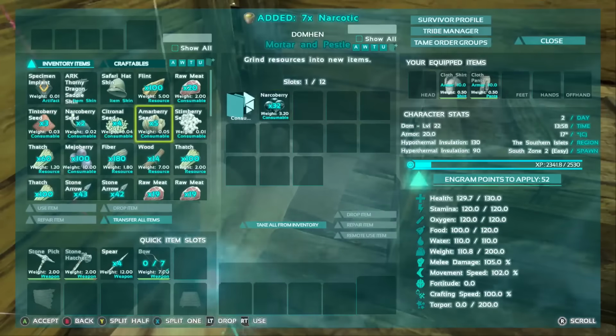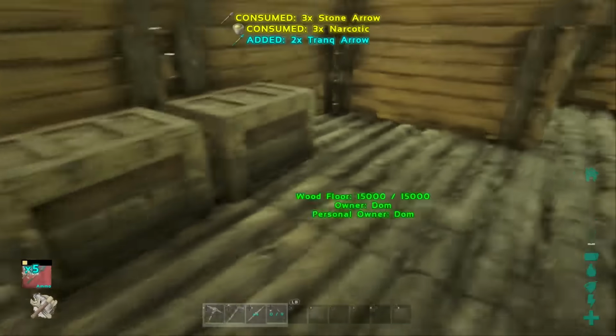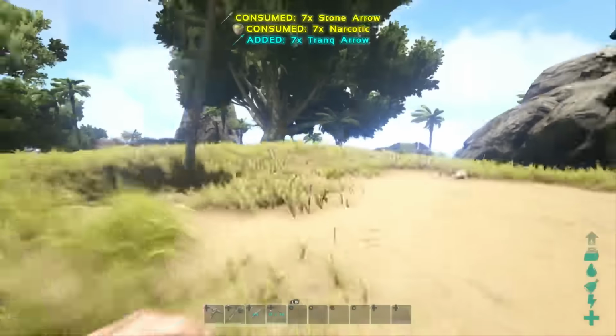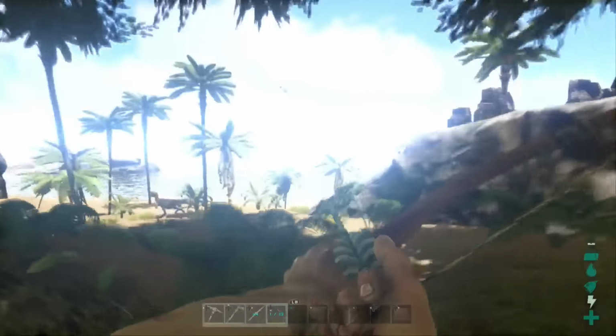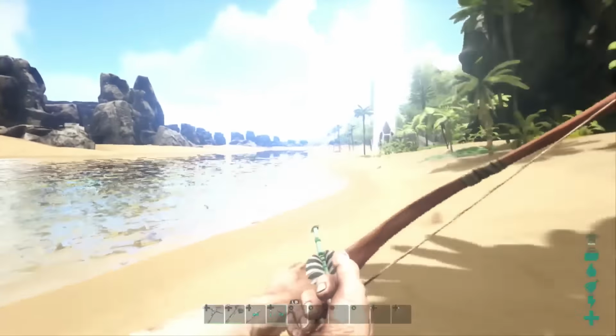Okay, so now let's actually make 7 more trank arrows, and we are going to go and do our big trike tame, which is going to happen now. So do we have berries? Yeah, we have all our berries. We're all kitted out. The only thing that could go wrong is that the trike messes us up. Now, it shouldn't, because it's only level 12, plus we actually need to find...